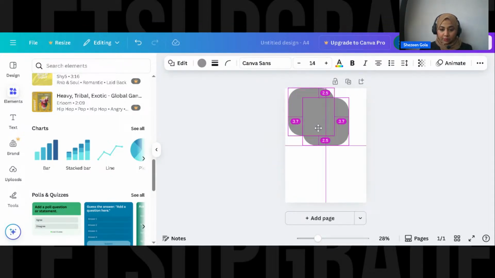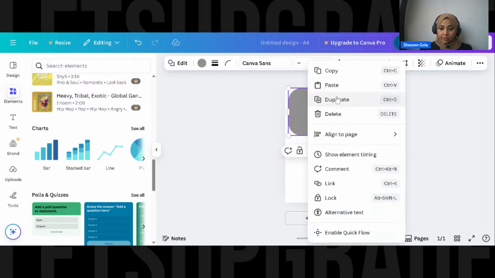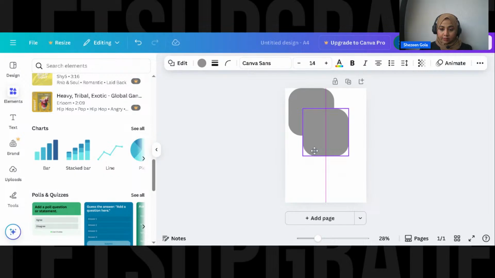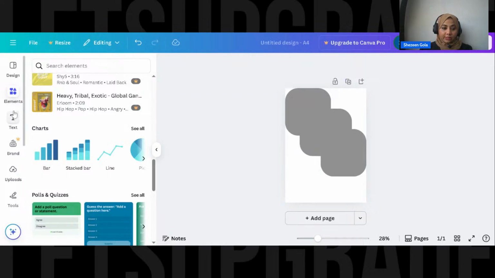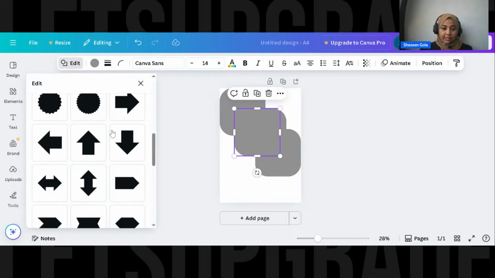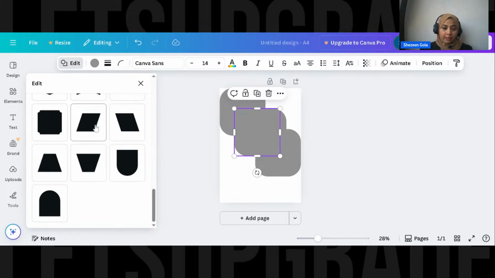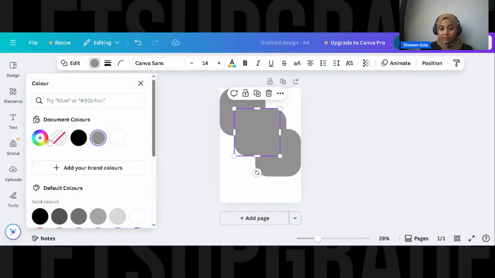Now I'm going to copy this with Alt, or else you can just copy it by duplicating it. You see, this is a design element which we can make. Okay, so here, as you can see, I went into elements, I selected everything out here, and here you can edit it, you can add more shapes through it, and here you can change the color by clicking here.